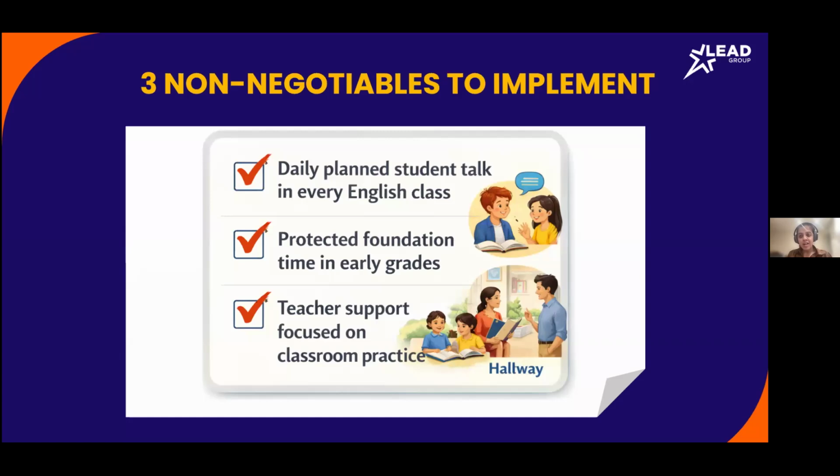So mixed ability classrooms fail when we jump straight to whole class answers. So we need to ensure that there is some scaffold over here, that we have some whole class interaction, then there is some pair work, and then there is individual work. So in the individual work, students who are really high ability get to showcase their brilliance. But with the pair work, the ones who have low or medium ability are also able to participate.